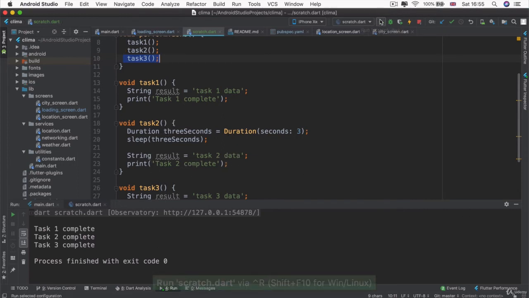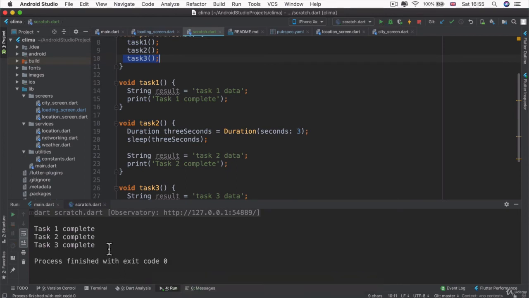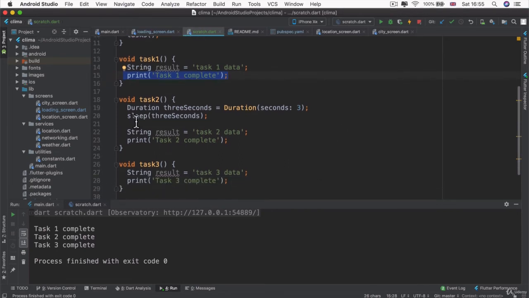Let's just run that again and notice task 1, then task 2, then task 3. So we know that each of these tasks, printing a single string into the console, basically takes a negligible amount of time. All that's causing the delay is this artificial delay that I've put in here using the sleep method,